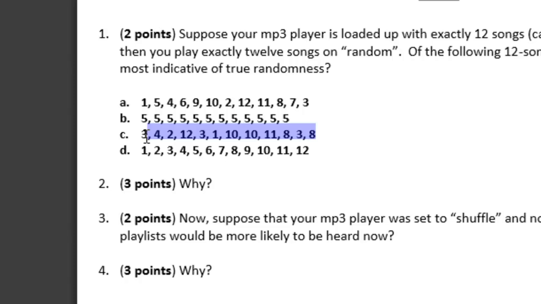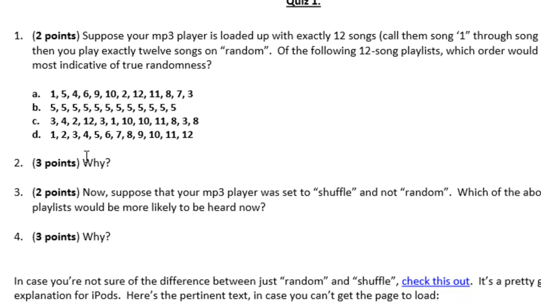That's what you would expect, whether you're rolling a die, flipping a coin, drawing cards out of a deck. You would expect a little bit of clumping. So C is definitely the most likely outcome for this particular experiment. And why? I think we just answered that. You would expect some kind of clumping, which would of course indicate, if you've only played 12 songs, that you're not going to hear certain songs and you're going to hear certain songs more than once. That's kind of what randomness is all about.